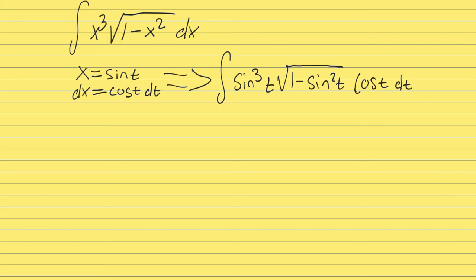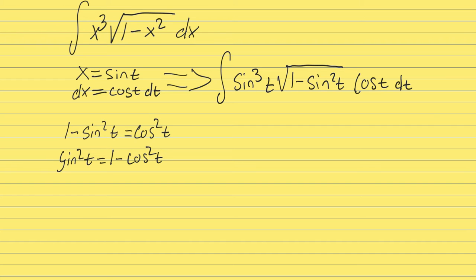The next thing that I see is I have a 1 minus sine squared t. 1 minus sine squared t is the equivalent of cosine squared t. The opposite is also true. When you have sine squared t, it would be 1 minus cosine squared t. We don't have that, but just in case you need that,